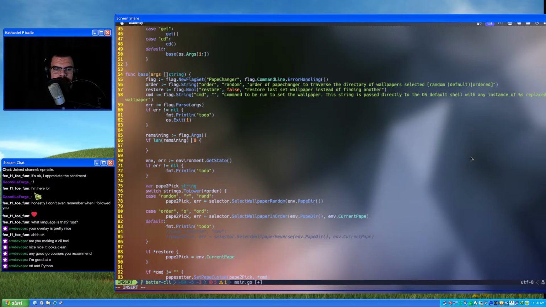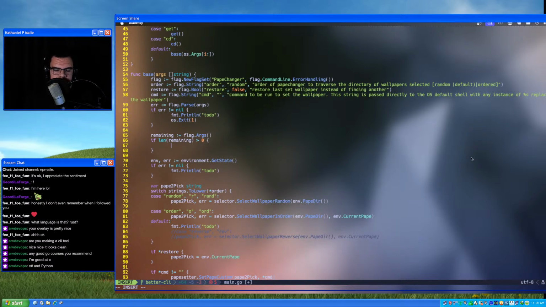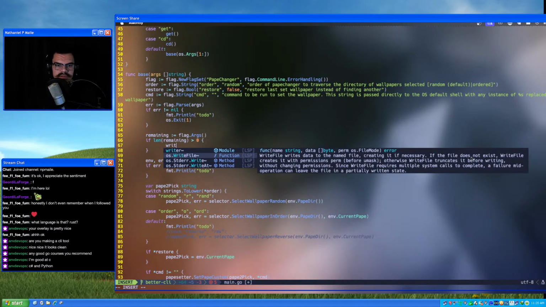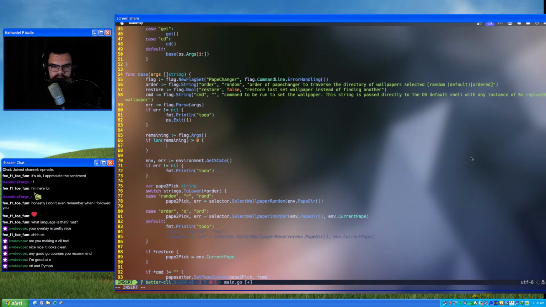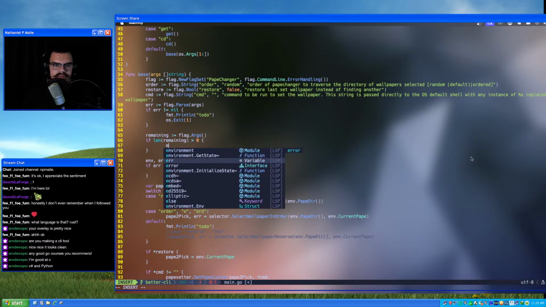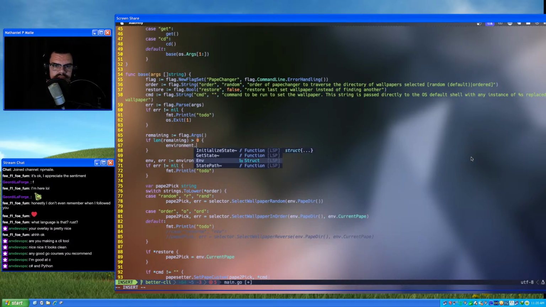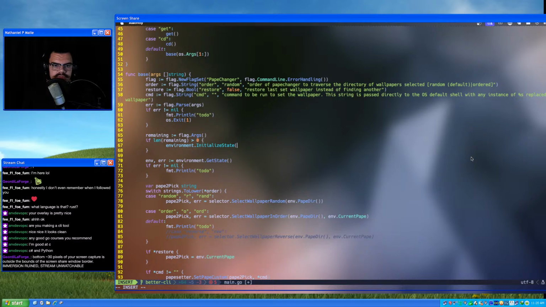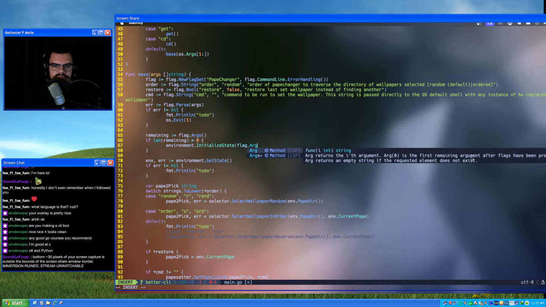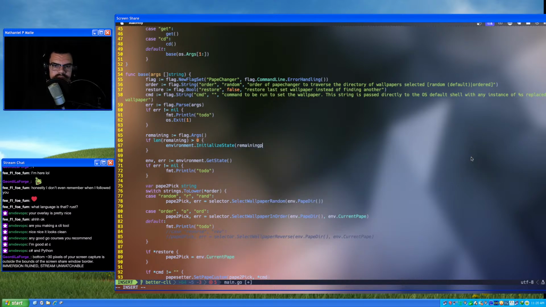Remaining is greater than 0. What we'll do is we'll just do env dot environment dot initialize state, and then that will be flag dot args. We'll say remaining 0.